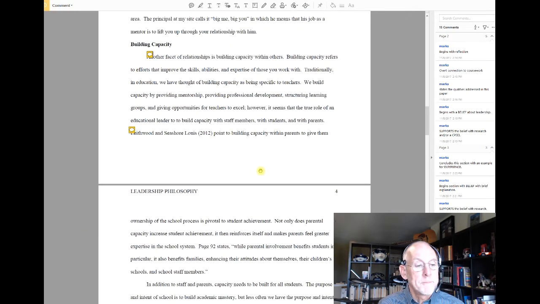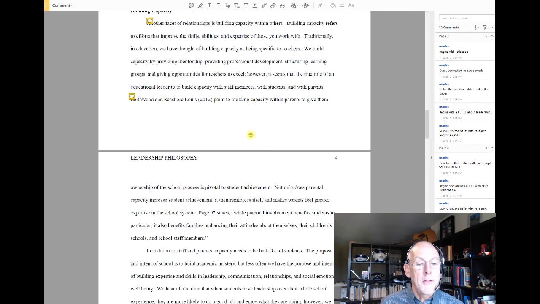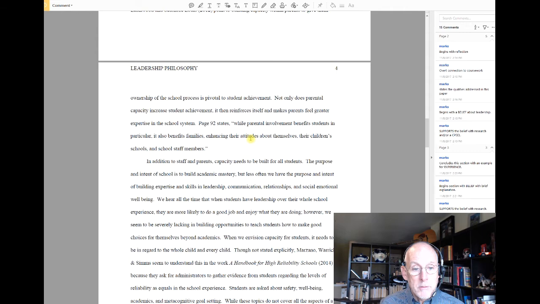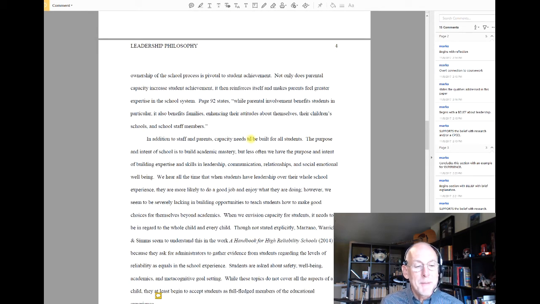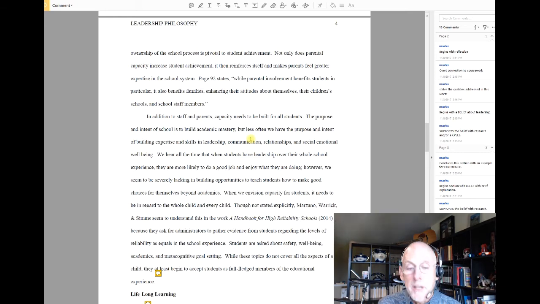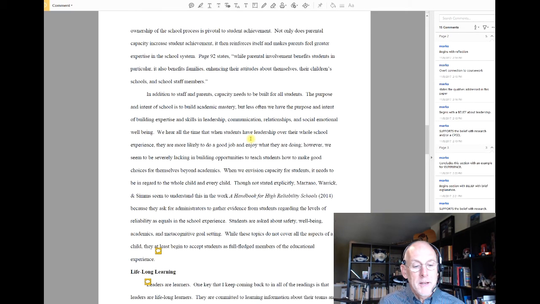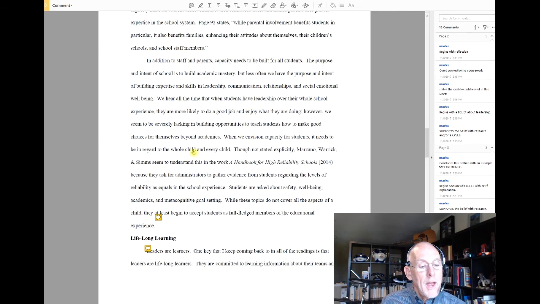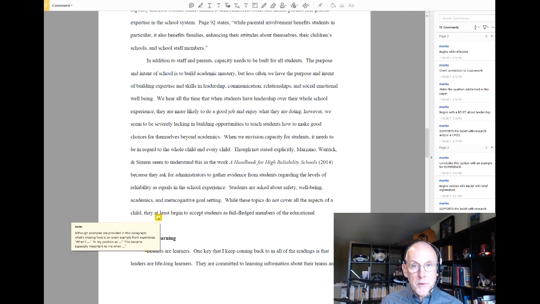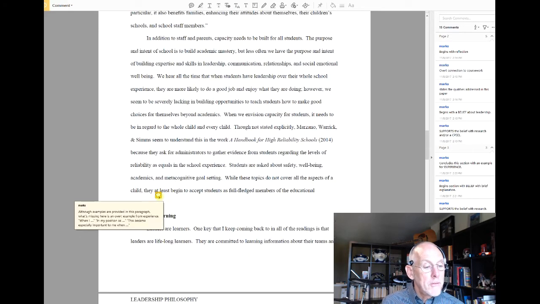Again, comes the support here, citing two authors, and pulls a quote right from that book itself. Some more explanation here about this idea of building capacity, right? And when you analyze this paper, take a read for yourself. Right here at the very end, although the author gives examples in this paragraph, what's missing here is an overt example from experience. That might sound like